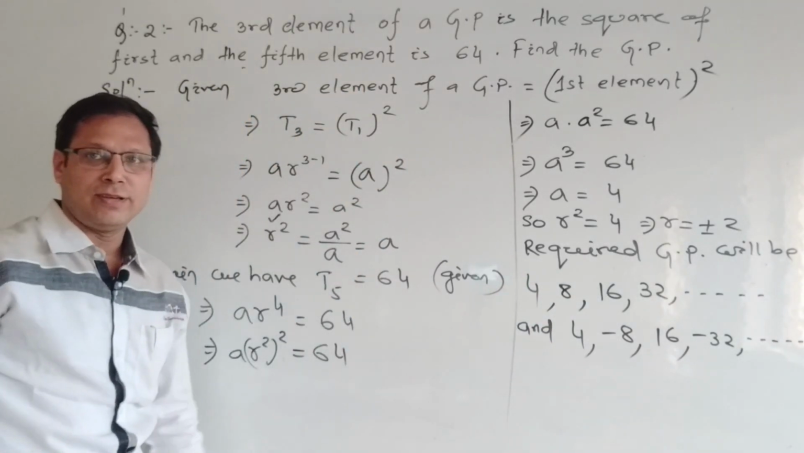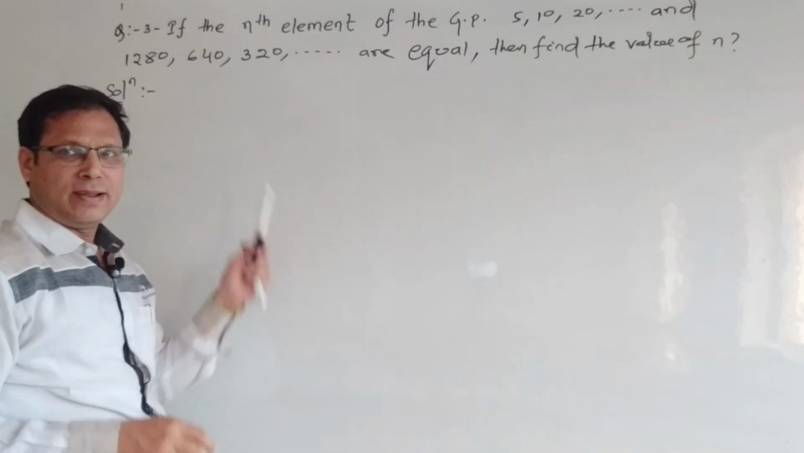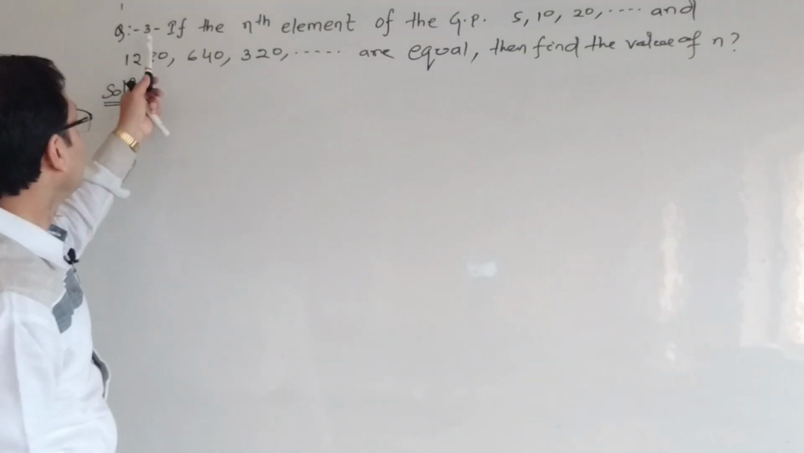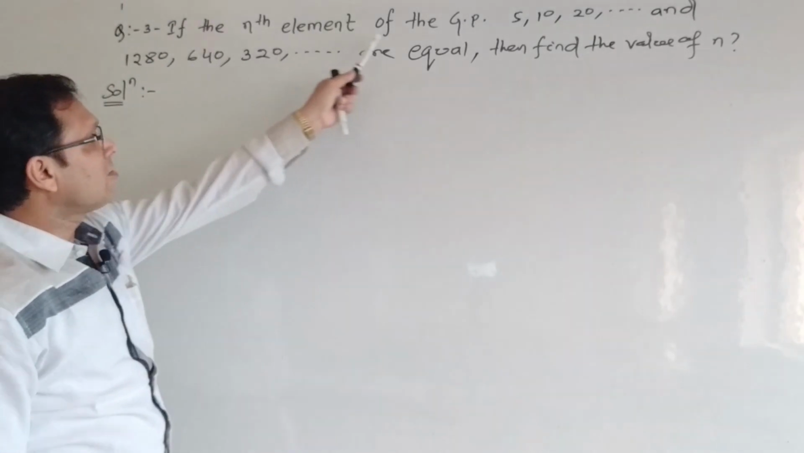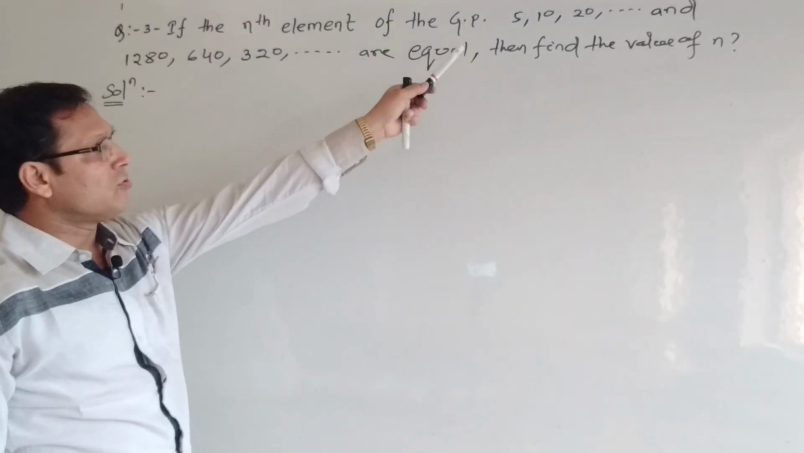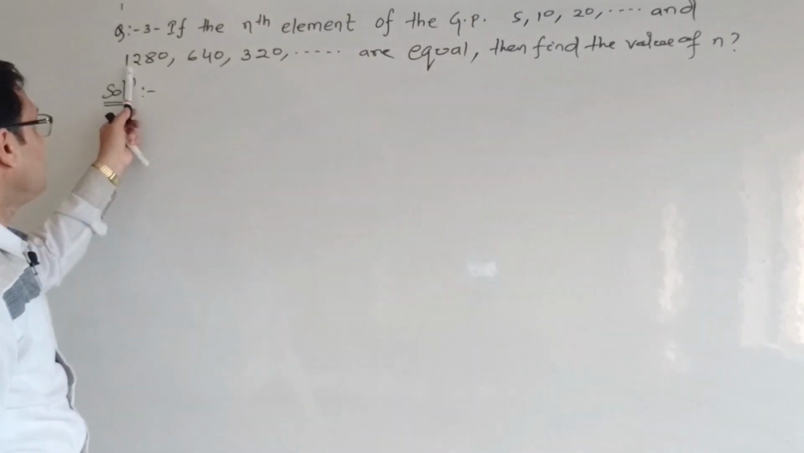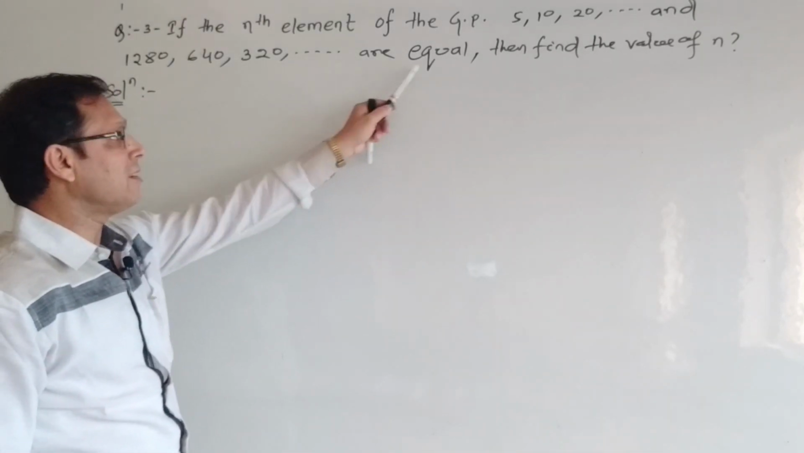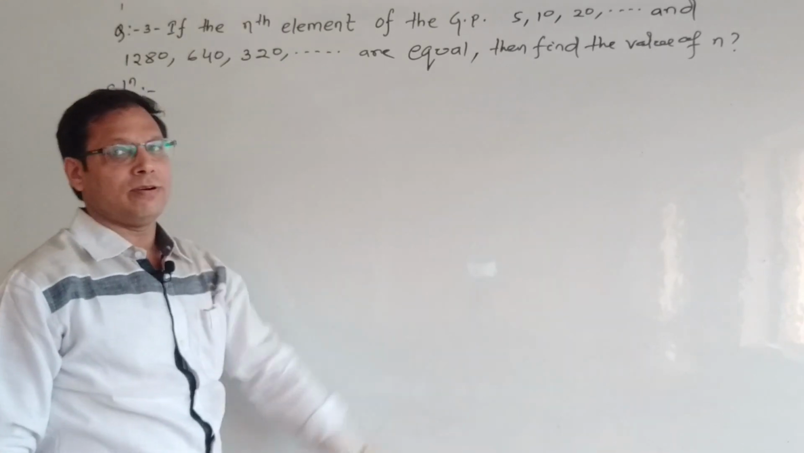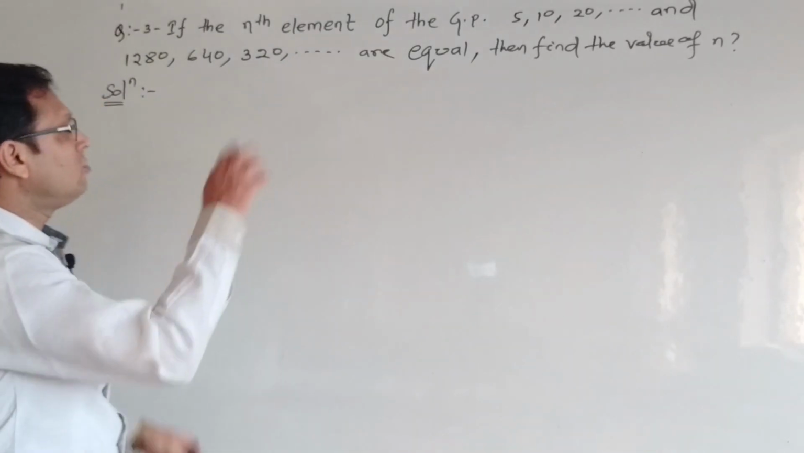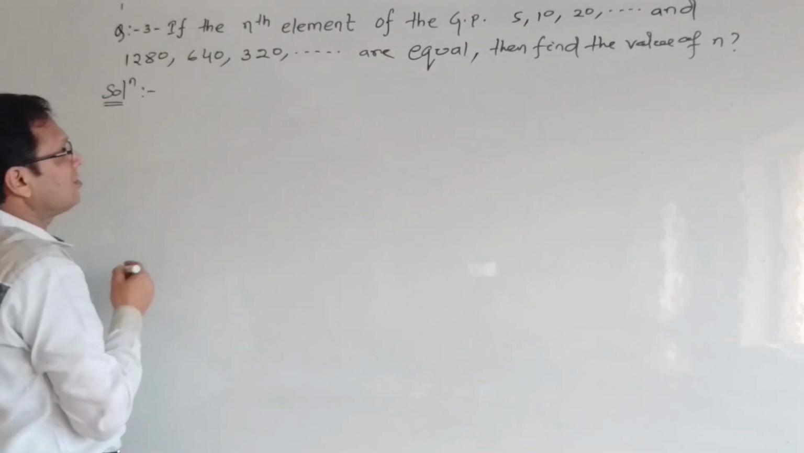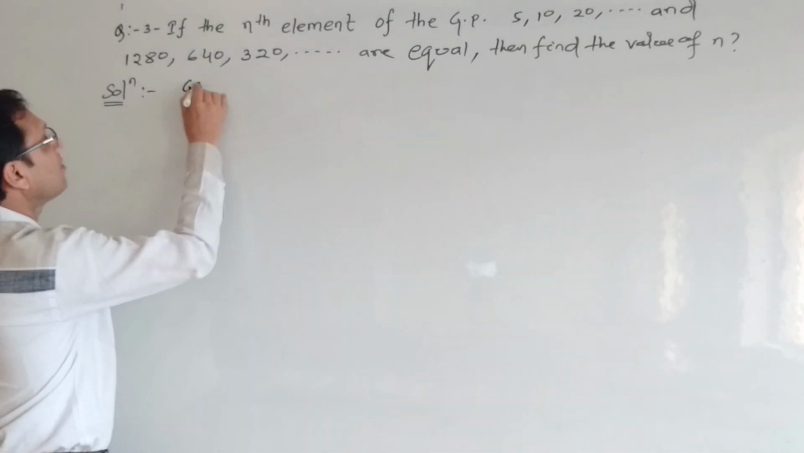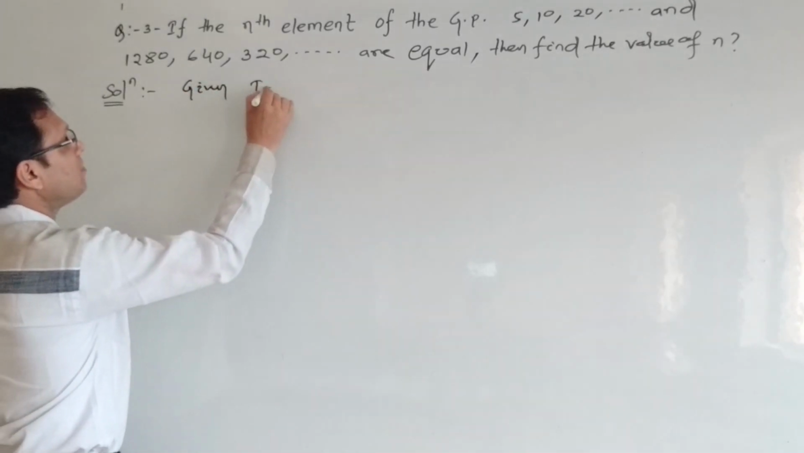Next we will go to the next problem. Now you read the question carefully. If the nth element of the GP 5, 10, 20 ... and another GP 1280, 640, 320 ... are equal, then find the value of n. So two GPs are there. So let us start the solution. Given 2 GP